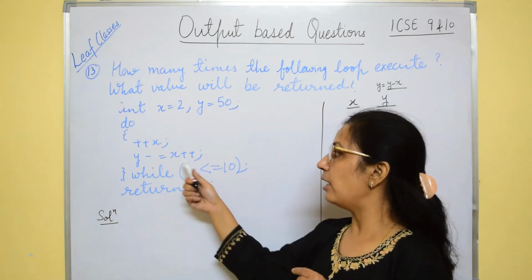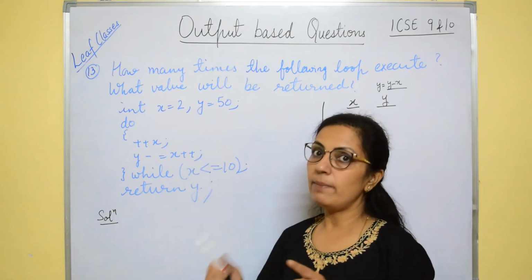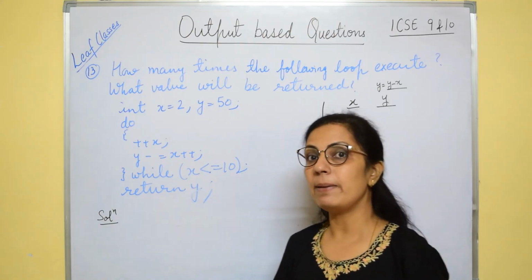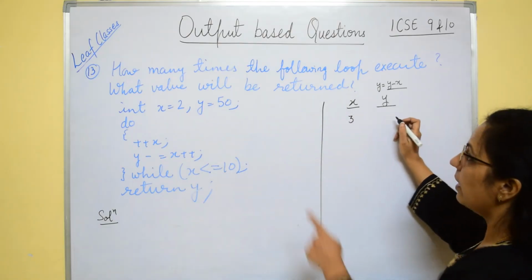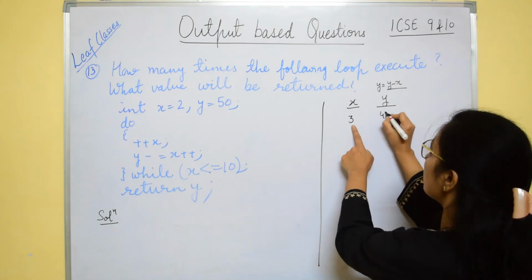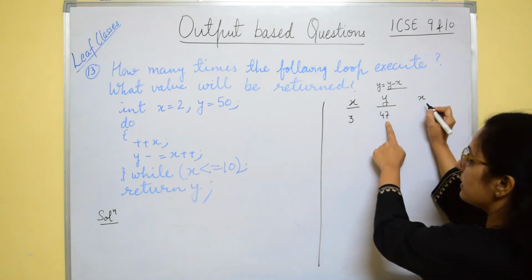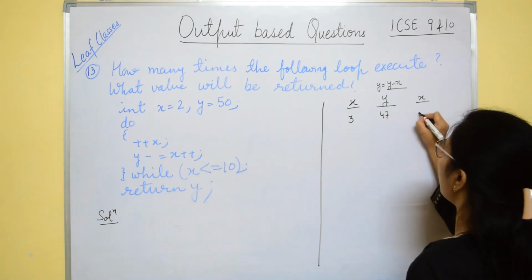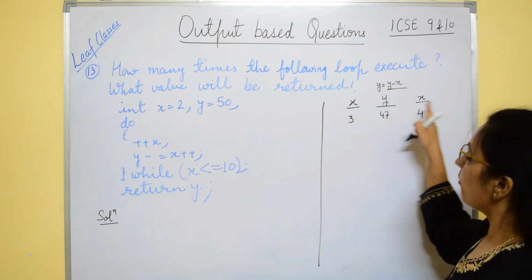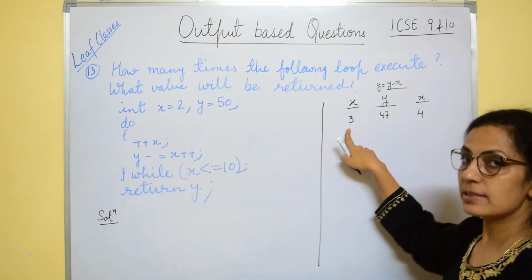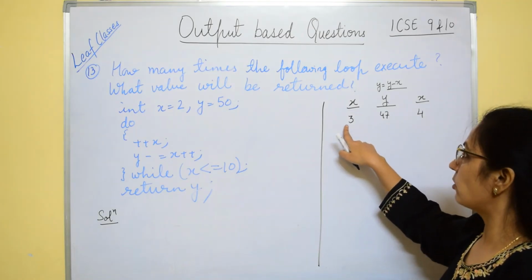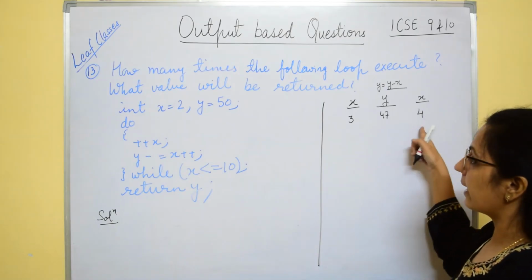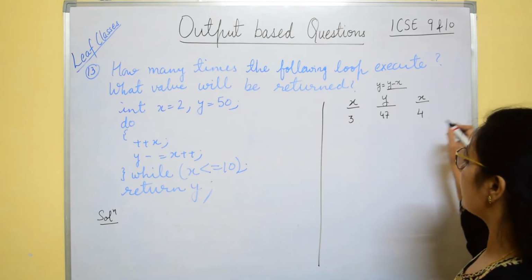So first the value which it is receiving will be used, and after calculation of y, the value of x will be changed. So y will be 50 minus 3, that is 47, and once the value of y is calculated, the value of x will be increased, it will become 4. So in the first iteration, first the value of x is 3, then the value of y is calculated, it is 47, and then x is incremented.